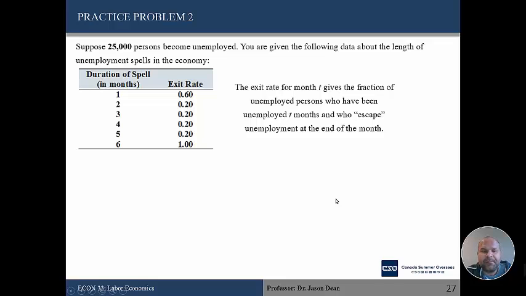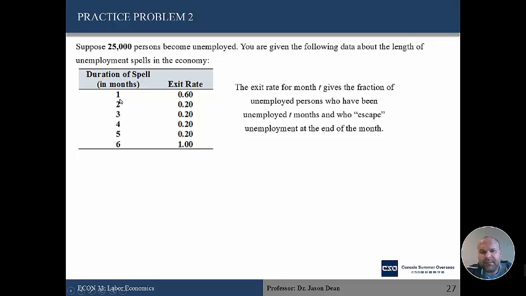Okay, next problem. This one's a little complicated, but it helps us understand the incidence and duration of unemployment. Suppose there's 25,000 people and they're unemployed. They just become unemployed. And we have some data. Maybe this was historical data, and think of these as maybe estimates. And so this data tells us that